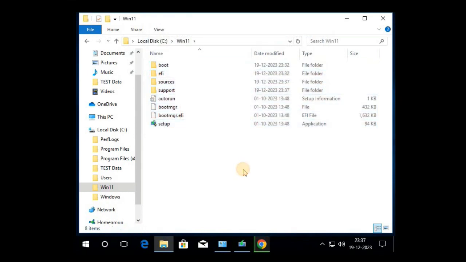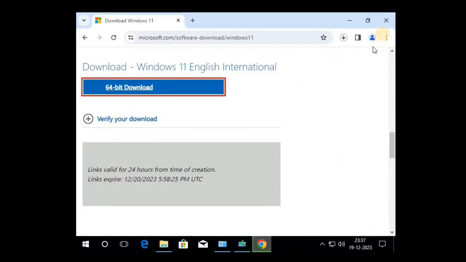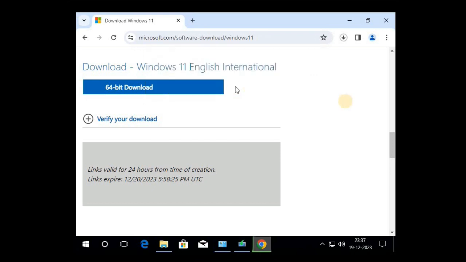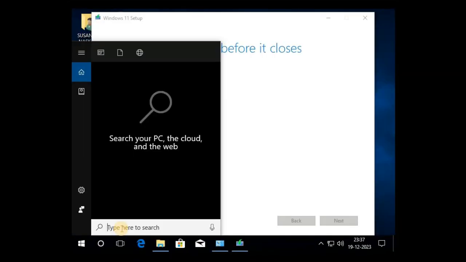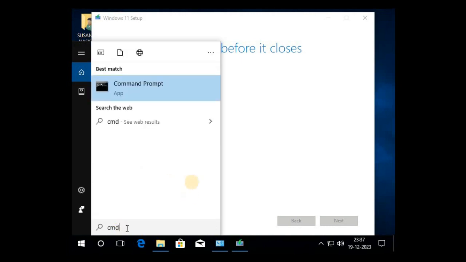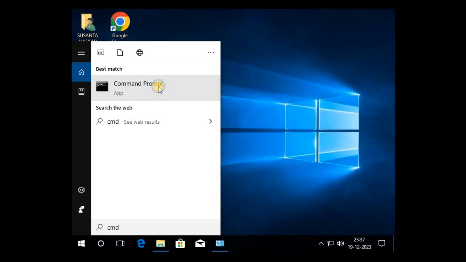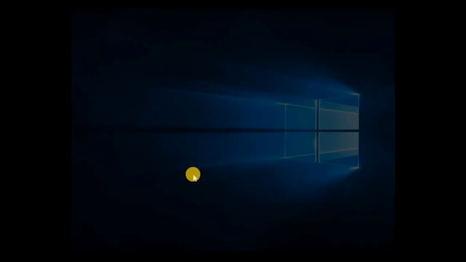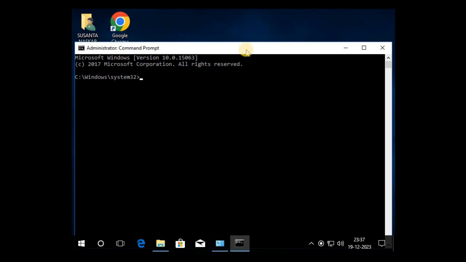After the copy is completed, close all the windows you have opened previously. Then click on the Windows search option and type CMD. After typing cmd, Command Prompt will appear. Right click on Command Prompt and click Run as administrator. Here you have to click yes. After opening Command Prompt,